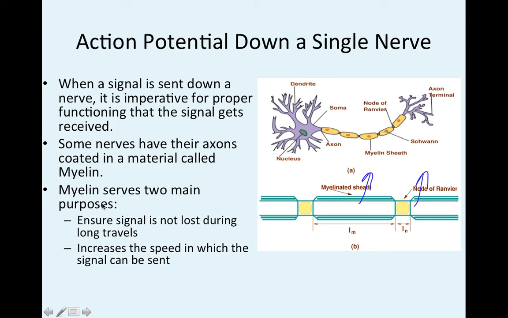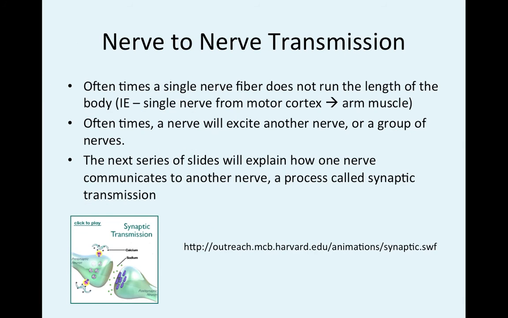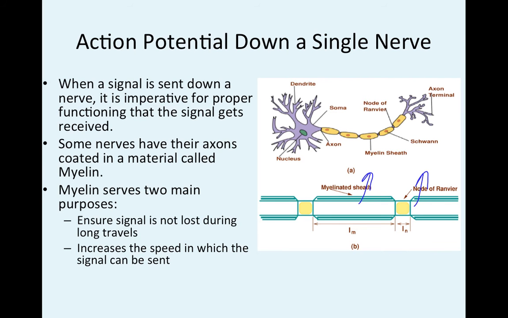Okay? So myelin serves two main purposes. It ensures the signal is not lost during travels, okay, so that you don't lose a signal here and then you never get that signal to your arm to move, and it increases the speed at which the signal can be sent. Okay? Now, just before I move on to there, okay, if you've ever heard of MS or multiple sclerosis,